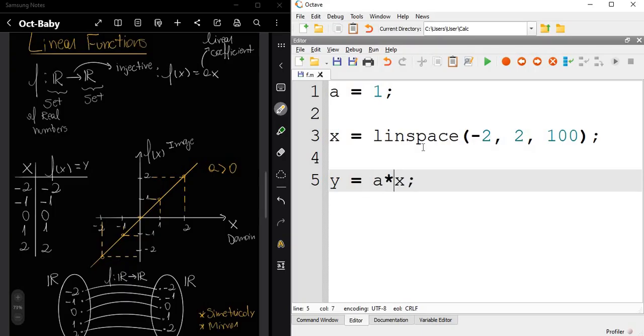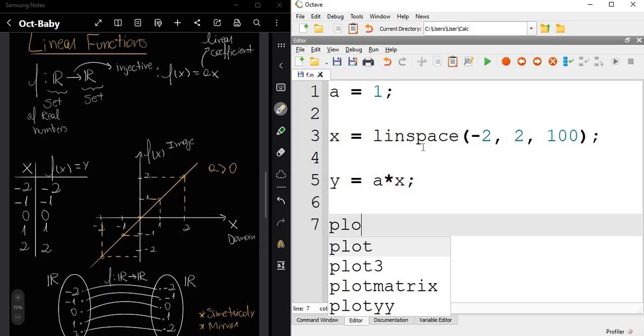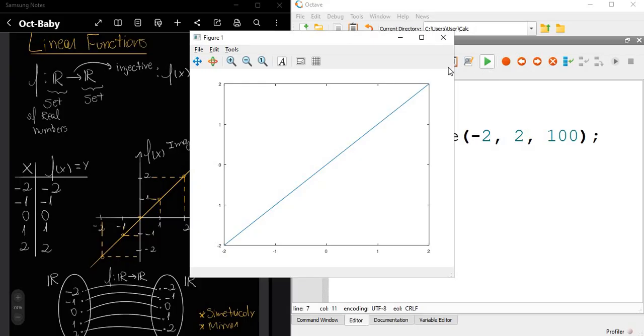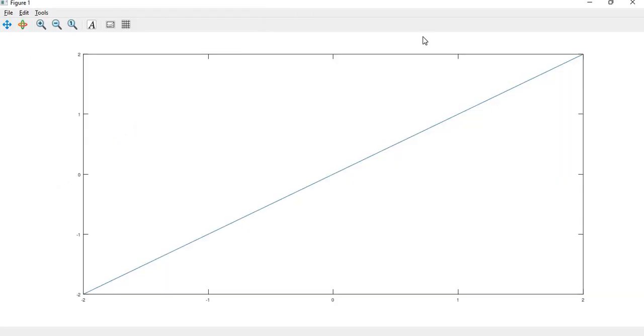A times x, okay. And now we just need to ask Octave to pull out this function. So x and y. Okay, let's see. Okay, we made it. And there we have it.